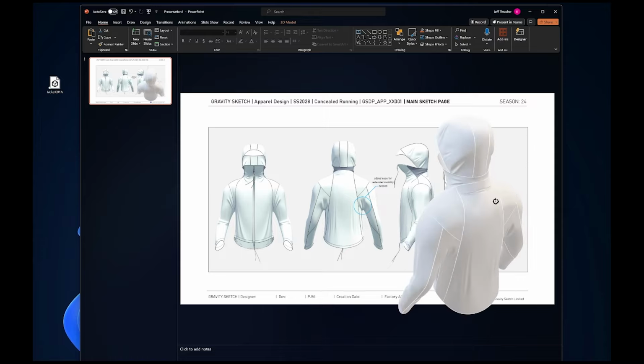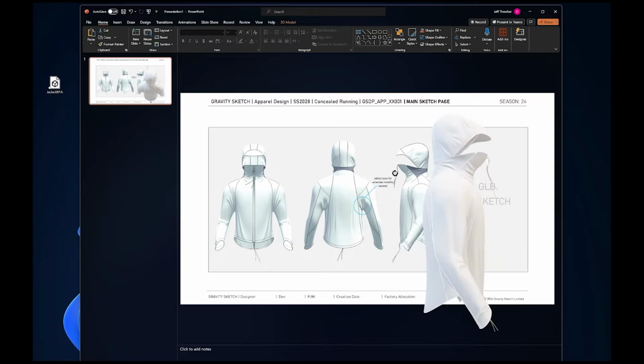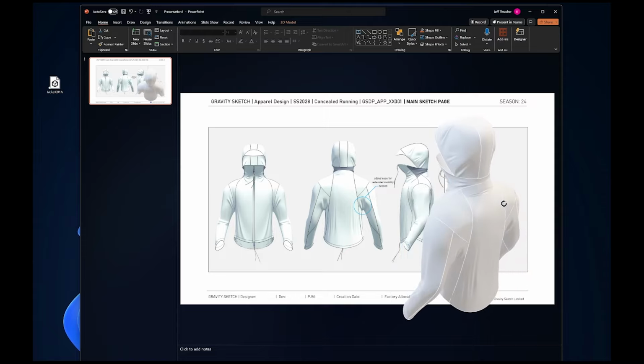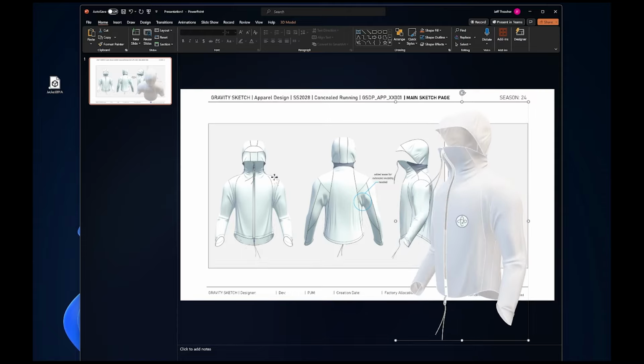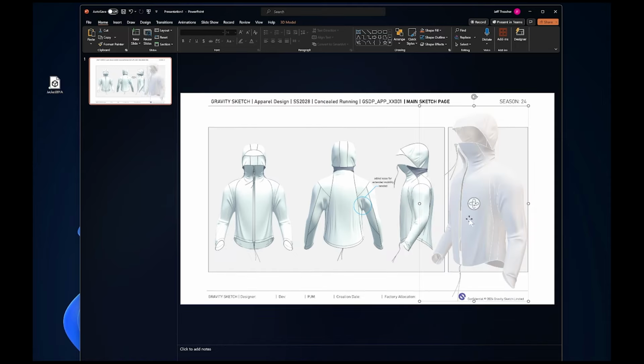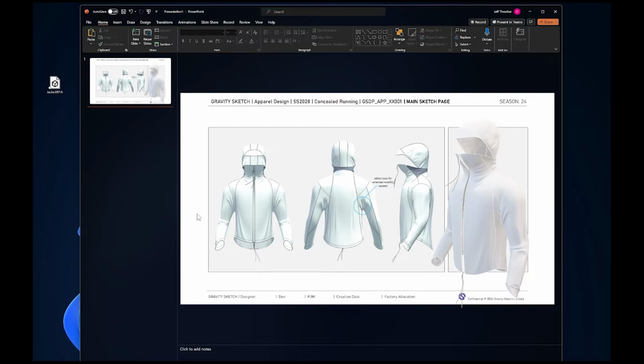So we've covered working all on the LandingPad webpage without the headset, where we're able to export 3D images of our design simply by opening the file, navigating to the export dialog, and choosing the GLB format that's compatible with PowerPoint. And again, all of the assets shown in this short tutorial can be found on LandingPad and in the